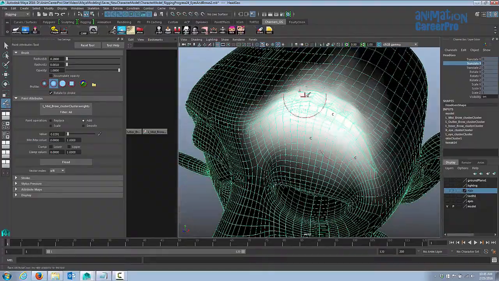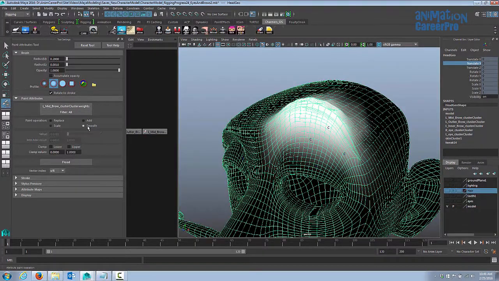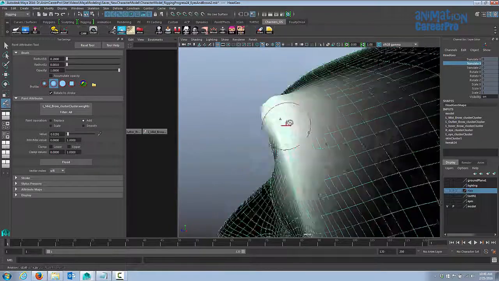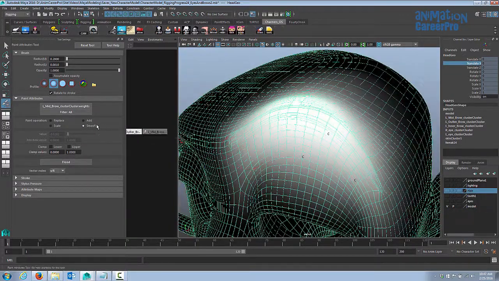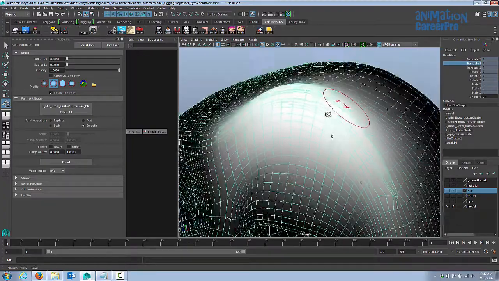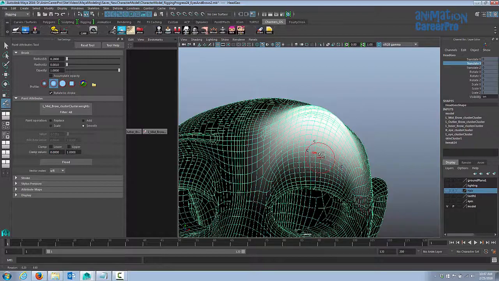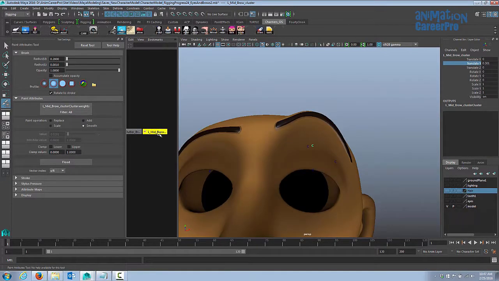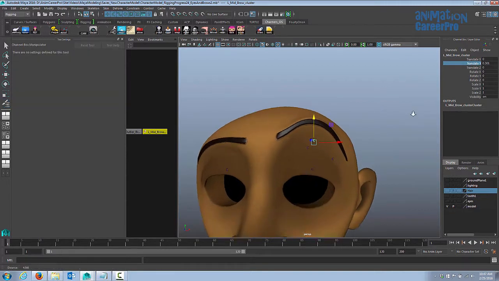Alright, so I just added a bunch of weights really quickly and it's over a large area. It's looking pretty lumpy, so I'm just going to go to smooth and we'll flood that. And then we can smooth specific areas as well. Alright, so let's click on our cluster and see how that looks. That's actually looking pretty smooth. Alright, so let's move it up and down.